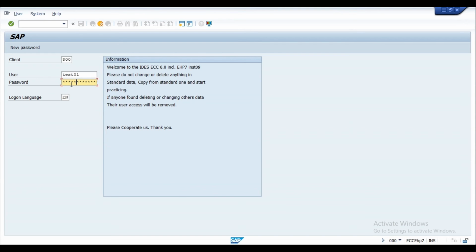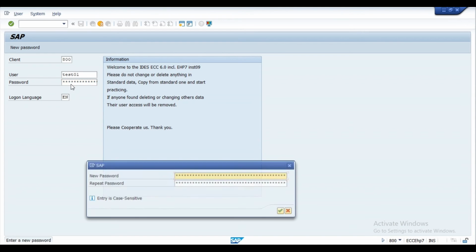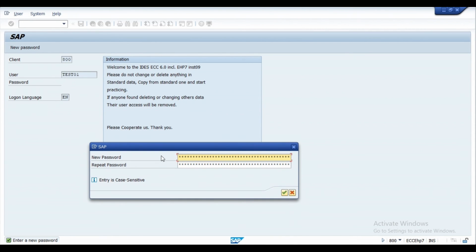So I'm going to give the password here, enter, and this will pop up. Here you can give the password and repeat that password, but it's your dedicated user ID. So you have to remember the password, because you are the only one who knows the password, right?